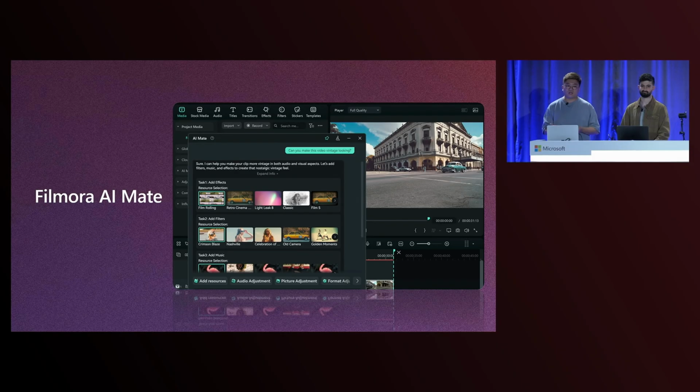Well, you saw from the keynote earlier, with the power of knowledge retrieval, you can enable some really cool scenarios. We showcased Filmora AI Mate, building a local knowledge base about all its videos and effects and filters. So content creators can really just describe the kind of outcome that they want, right? Like, I want this video to be vintage looking. And by doing semantic search and knowledge retrieval, we're able to find all these local assets that make this video vintage looking and then apply those assets automatically to the video itself. So in this way, you're really elevating your user's experience as a content creator, which is amazing to see. If you haven't checked out the demo that we did in the keynote, please go catch up on that recording.